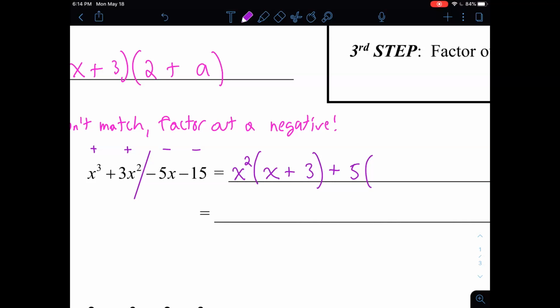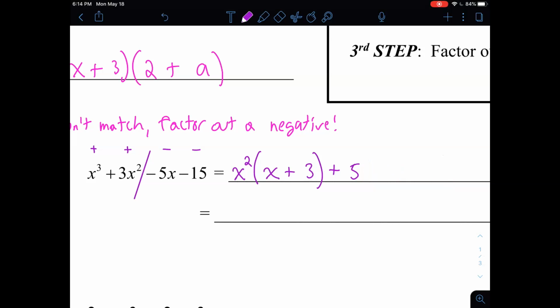What is negative 5x divided by 5 going to be? That's going to be negative x. And what is negative 15 divided by positive 5 going to be? Negative 3. So these are supposed to match. Do they match right now or no? They don't. So when you have something like this, when you have the signs that don't match,